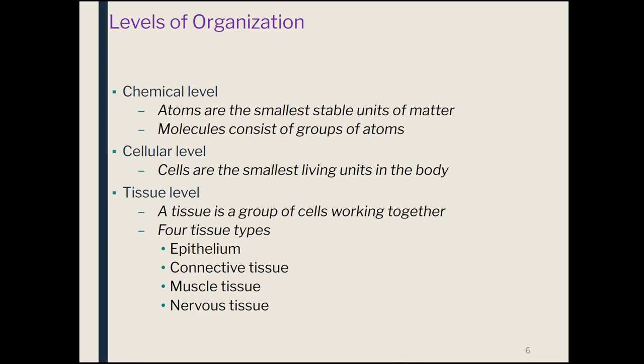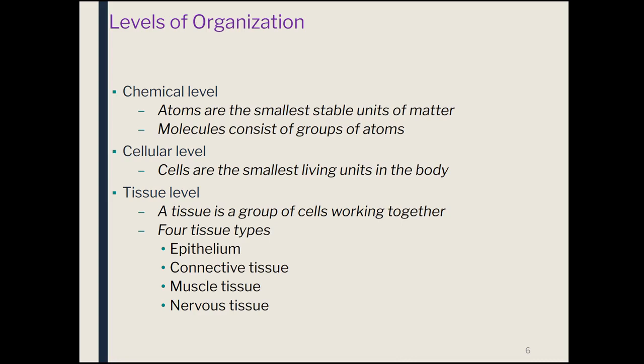Looking at these terms, make sure that you can see the difference. Atoms are the smallest stable unit of matter, whereas cells are the smallest living unit in the body. Both terms have "unit" in them, but the smallest stable unit of matter is the atom. The smallest living unit in the body is the cell. Chemicals come together, which include the atoms, which turn into molecules, and then these molecules come together to eventually form